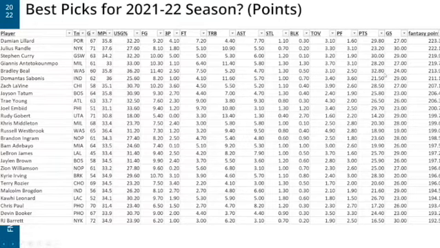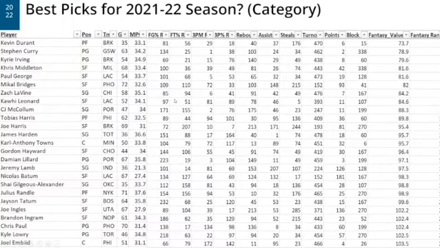I guess that just translates to the rest. Same sort of thing: KD, no surprise that he was the number one, because we saw how well he did last year as well, but he's nowhere near the top when it comes to the durability analysis, because he only played half the season. You can see a lot of these players, like Paul George, CJ McCollum, Gordon Hayward, weren't really seen because they'd played such few games.